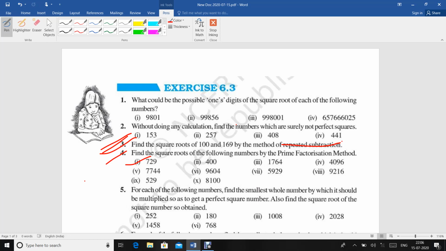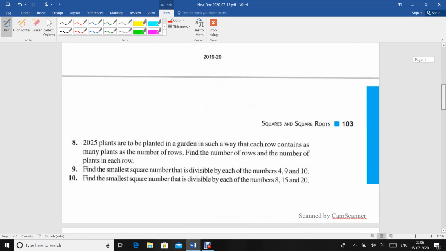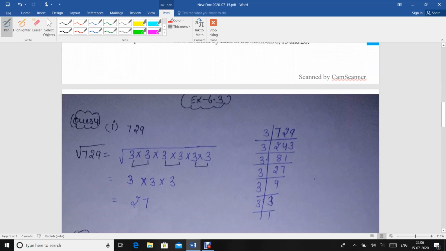To find the square root by the prime factorization method, firstly you have to write the prime factorization of the given number. Let us see the solution of this question. Here is the prime factorization of 729. For doing the prime factorization of 729, you have to select the least number which divides 729, and 3 will be the least number that divides 729. When we divide 729 by 3, we get